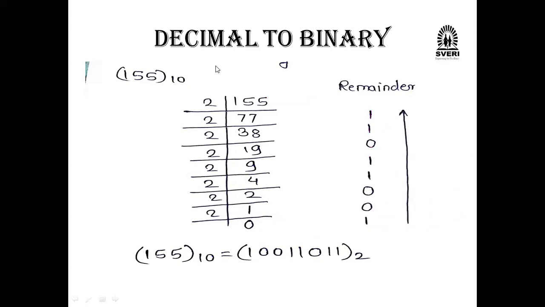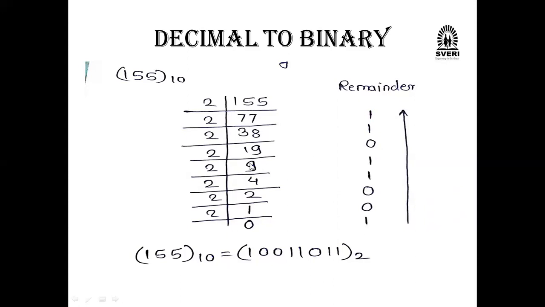Like this, you can convert this one. A decimal number we can convert into binary, means simply we have to use the divide system here. Divide rule we have to apply. 155 divided by 2. So 77 into 2 is 154. The remainder 1 we are writing here. So that's 38 into 2, it is 76. That is one remainder we are writing here. 19 into 2 is 38. 38 minus 38, 0. That one we have written here.